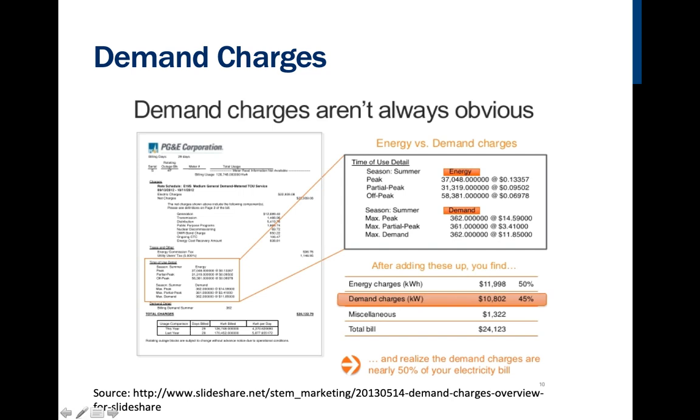Oh, demand charges right here. $10,000 extra. So 40%, 45% of their electric bill is these unmanaged power consumptions, periodic, intermittent power draws that spike their bill up by 45%. That is absolutely amazing. So if we put a solar electric system on this factory or this machine shop or whatever it is,